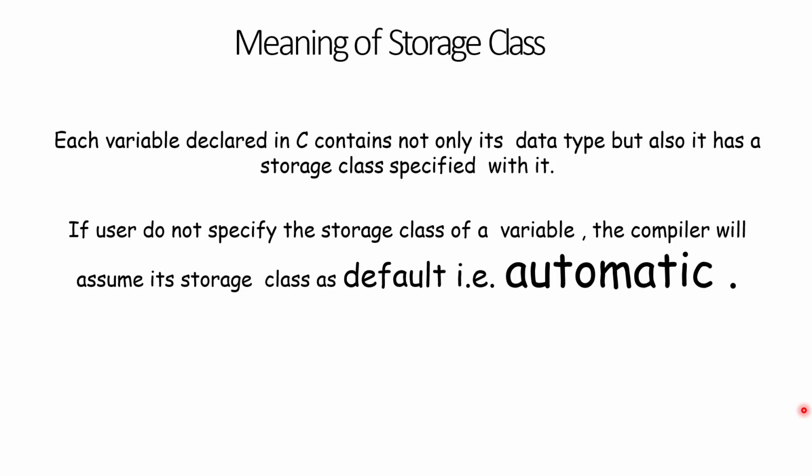But still one thing is left, that is exactly in which space it will be declared, and depending on that, some behavior of the variable depends. So you see, regarding declaration of a variable, there are two things. One is the data type of the variable, that defines what type of value you are going to store in the variable, and another thing is the storage class of the variable, that defines where the variable is going to be stored.